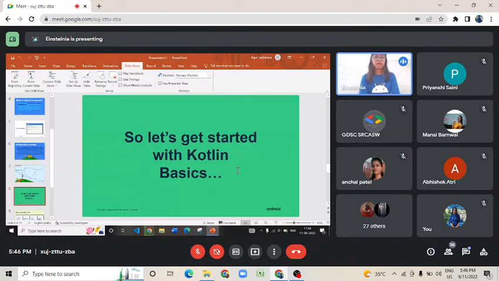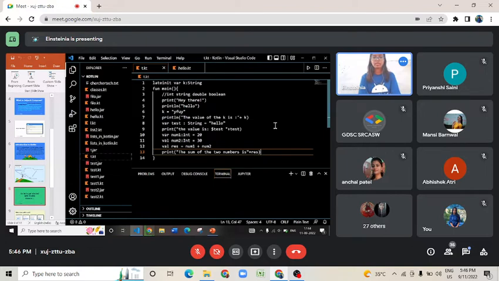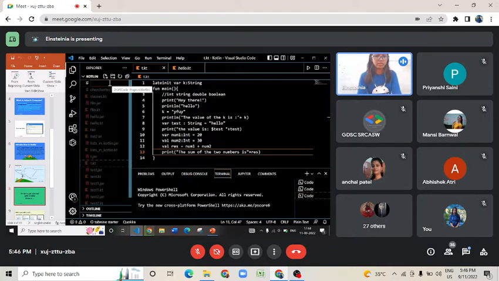So after setting the path in the settings, the Kotlin file will automatically be running on your editor. So I have the editor Visual Studio Code, and I've already created a folder here. So to create a new one, you can just write